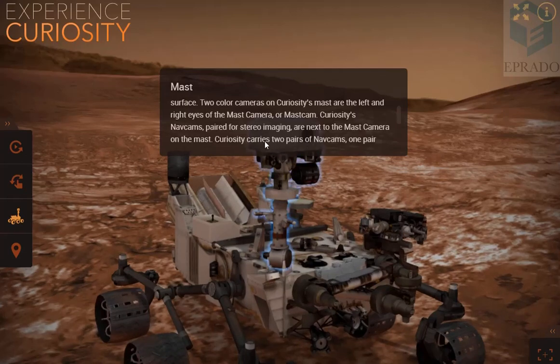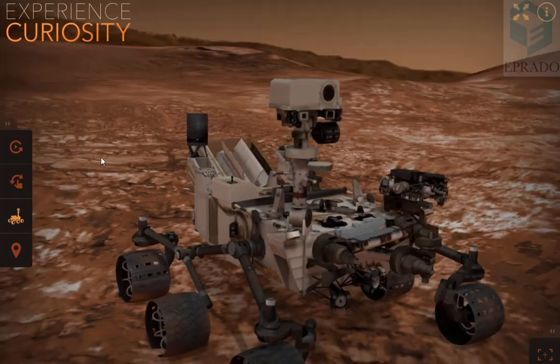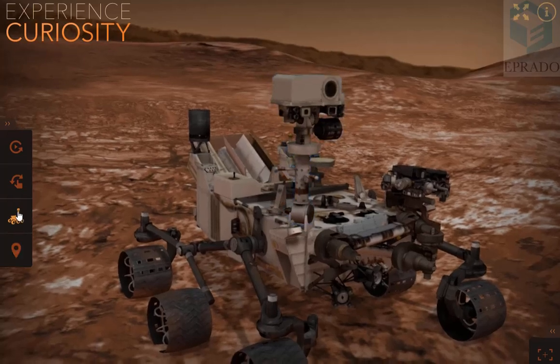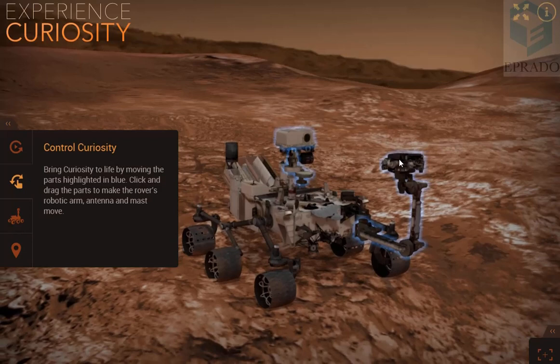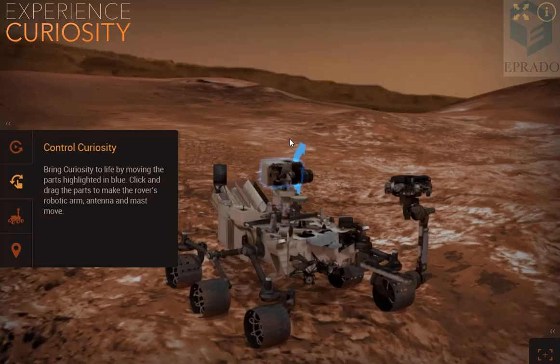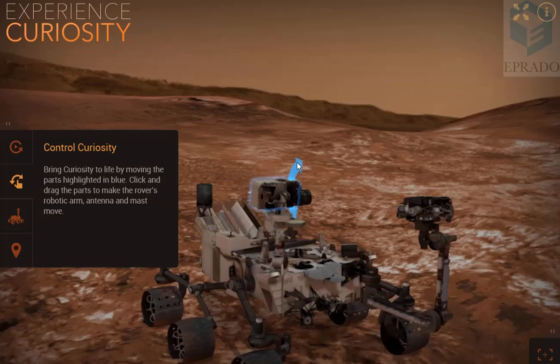Let's check how we can rotate it. For rotating the camera, just click on this icon. So now our rover comes to life. So now we can rotate each and every part. First we will rotate this camera. So now can you see the camera is facing upright, and now we are moving the camera up and down. Okay,